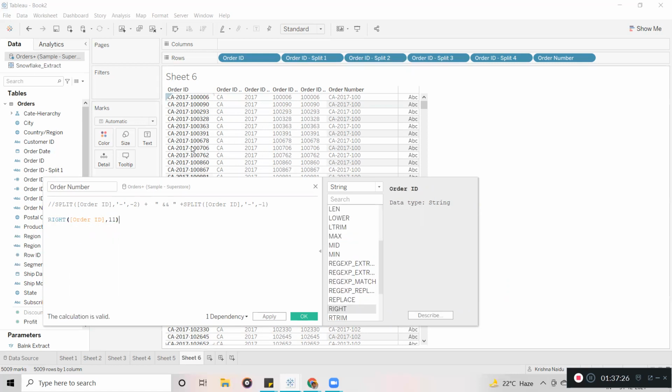From right, how many characters? 1, 2, 3, 4, 5, 6. If I give 6, now from the right side, it is going to get you 6 digits. And 6, 7, 8, 9, 10, 11, if you want that one, you give 11. Then it is going to bring you the data from 2017.